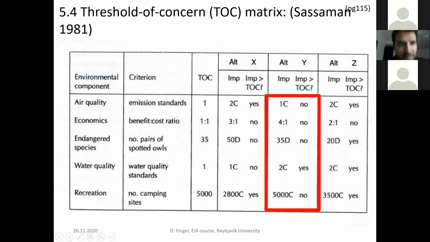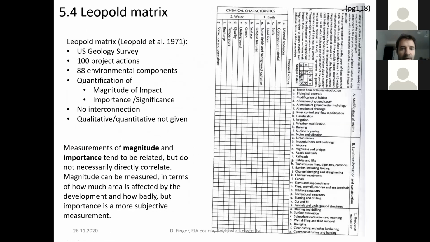The Leopold matrix is in principle a weighted and magnitude matrix where you have predefined criteria that you're going to look at and where you can identify a magnitude and an importance of an impact and then list it out. So this is very well explained in the original publication of Leopold et al. It's used mostly in North America, especially in the United States. And it has also been used by various students